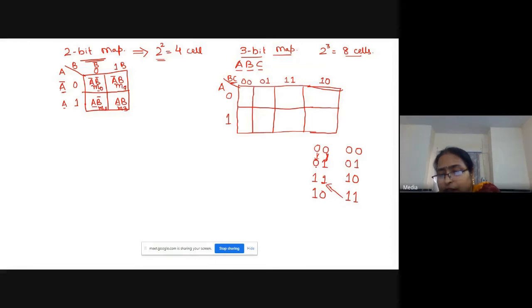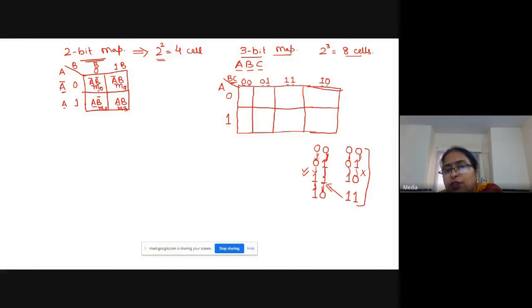From 0, 1 to 1, 1, this bit has changed, this is the same, right? From 1, 1 to 1, 0, this is the same, only one bit has changed. Whereas in binary, going from 0, 1 to 1, 0, both bits have changed, right? That's why you are not following binary, you are following gray code, because we want only one bit to change at a time.